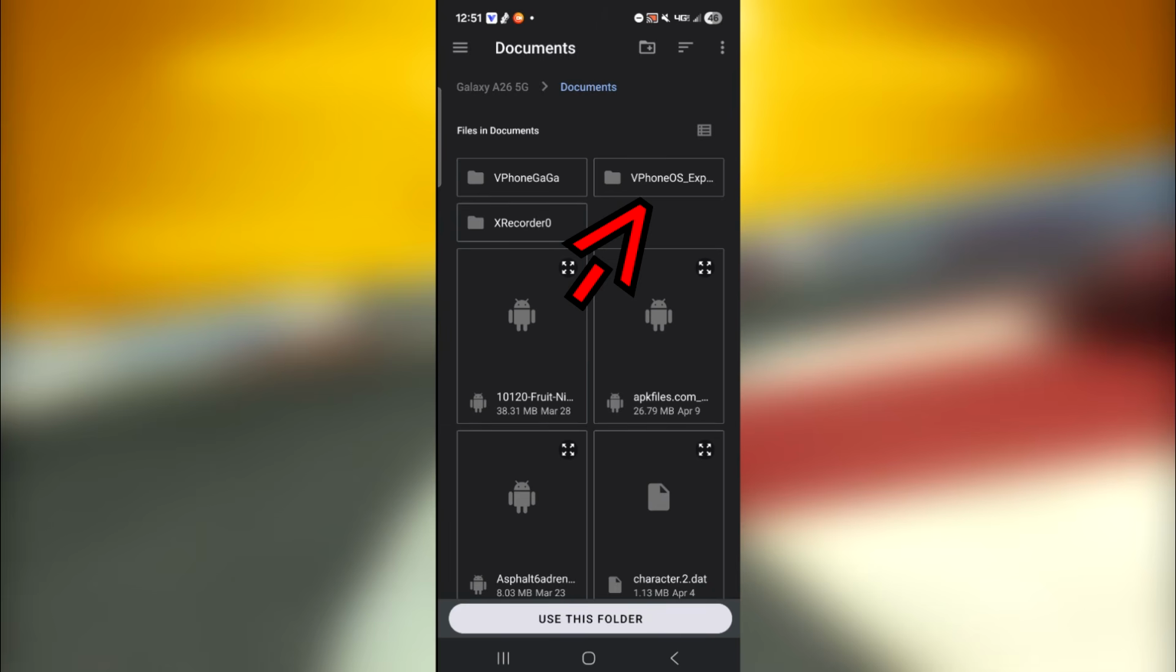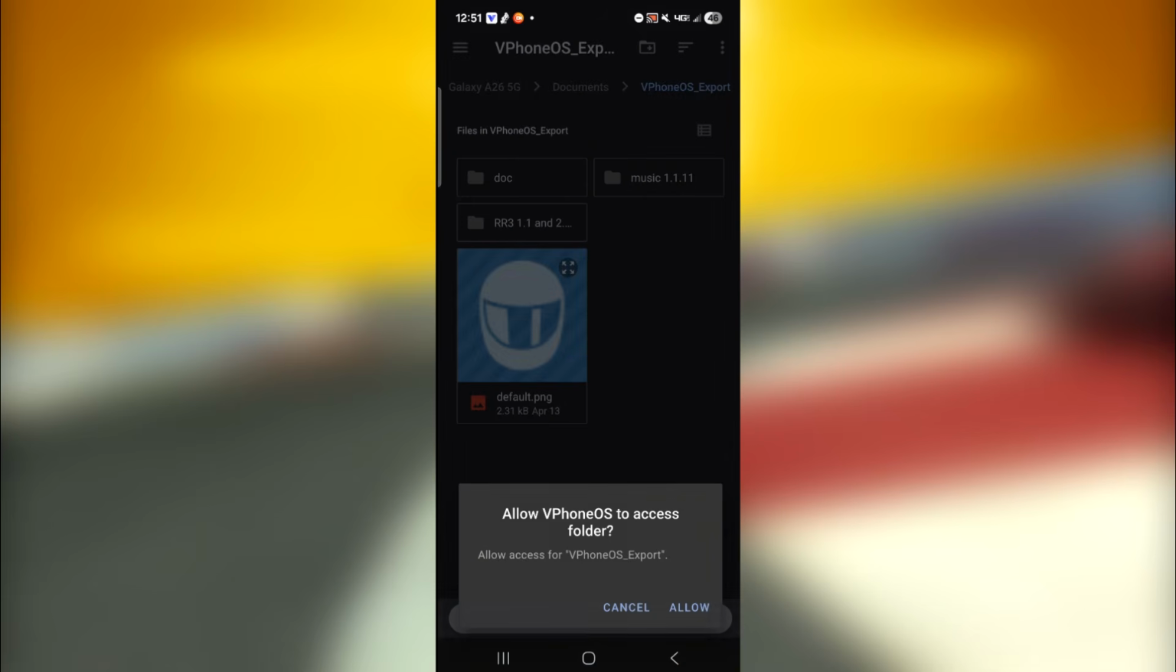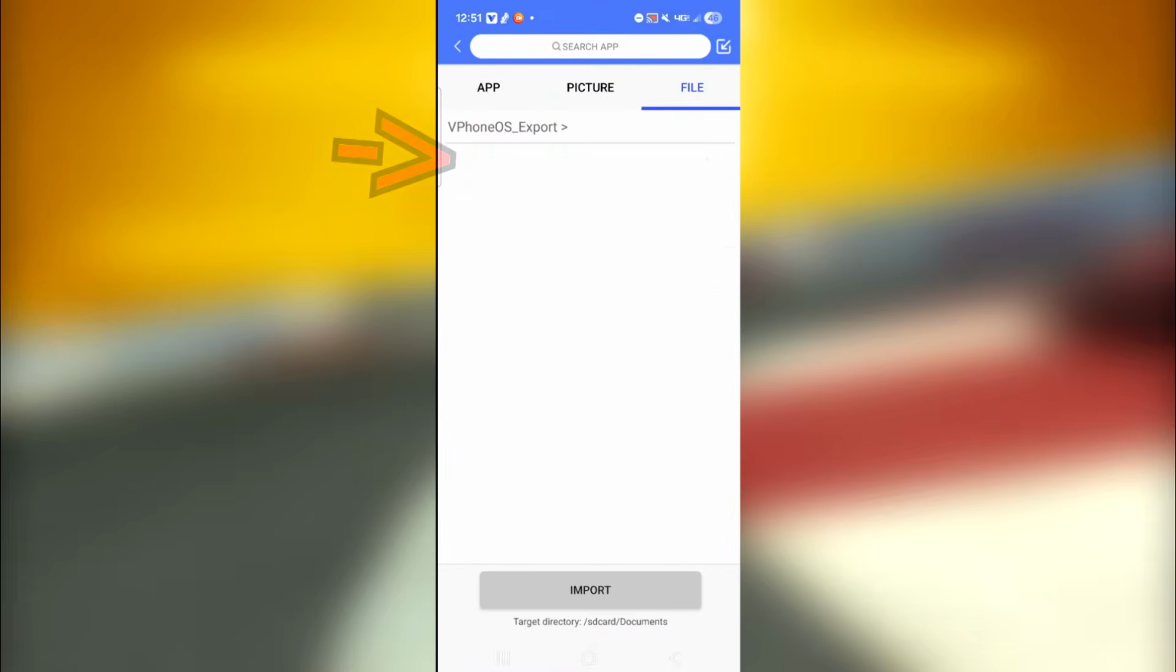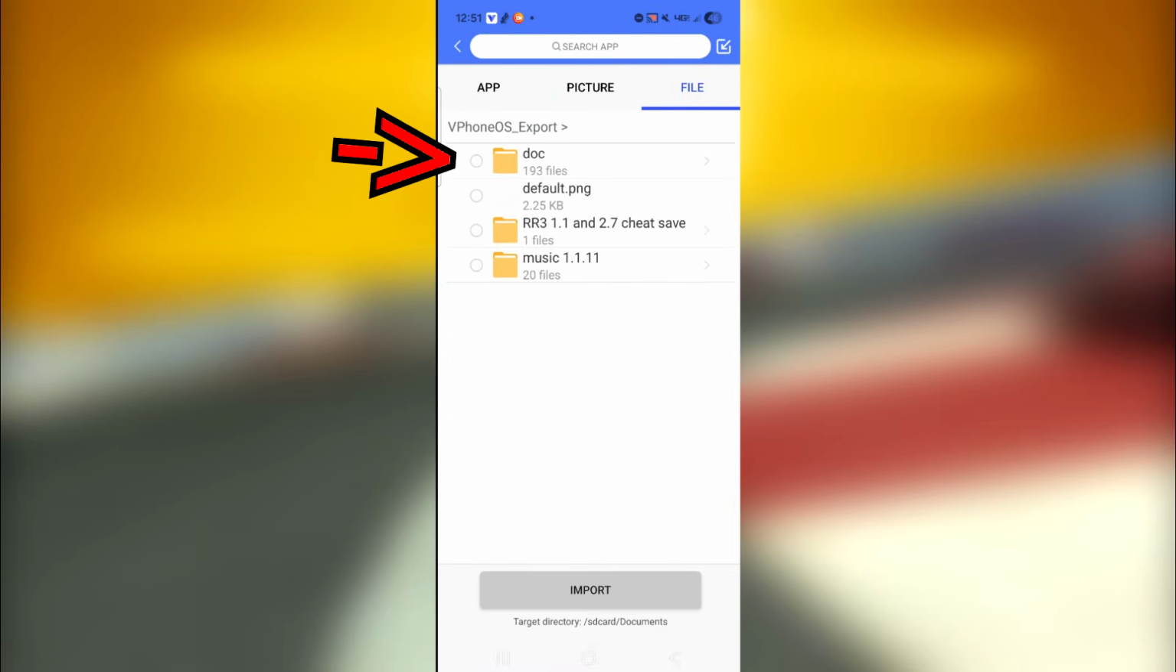We have to go to where it was, which in this case is documents, vphoneos export. Use this folder. Allow access, and there's the doc folder right there. So we'll select it again, hit import this time,